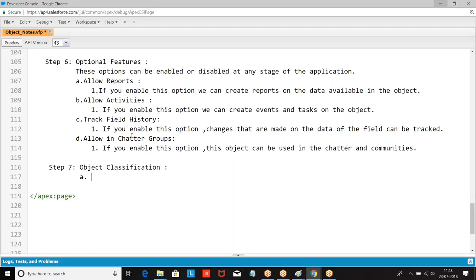So this will specify that this custom object is created for classic, or enterprise.